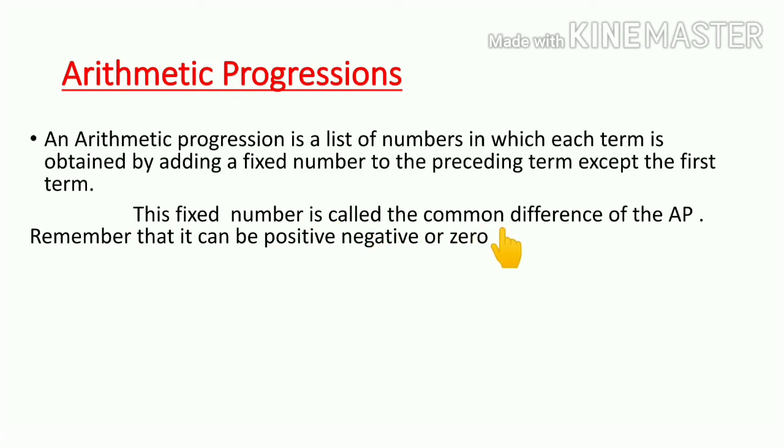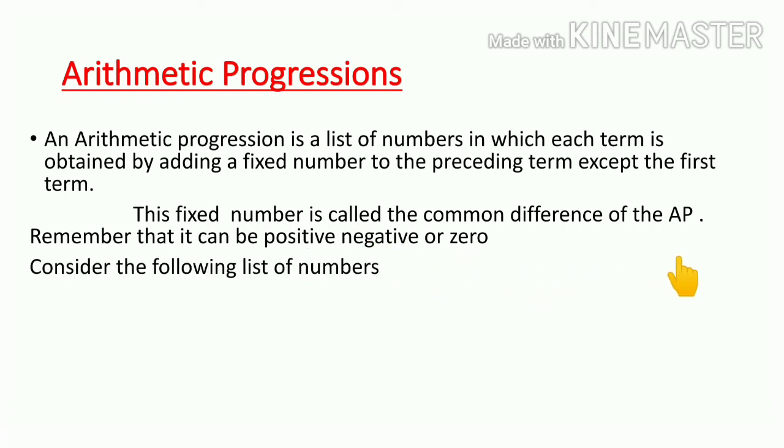So what is this fixed number? For example, in the first example you have seen, 8,000 rupees was the first term, when 500 rupees was incremented every year. So the first term was 8,000, the second term was 8,500, the third term was 9,000 and so on. And what was that fixed number? That is the 500 rupees increment. That will be known as the common difference of the AP. Remember, this common difference, children, can be positive, can be negative, or can be zero as well. So we will see a few examples. Consider the following list of numbers. See, 1, 2, 3, 4. Can you see what is being added?